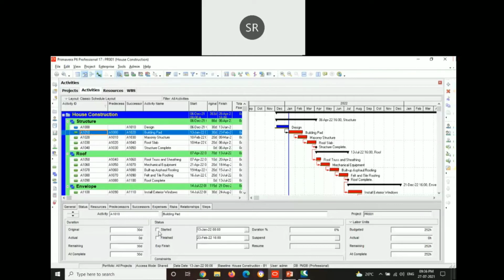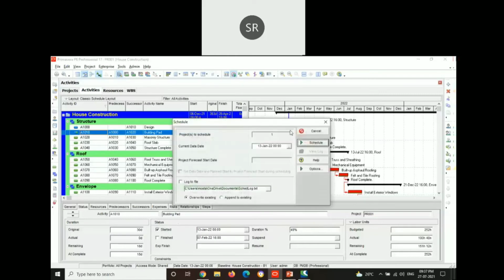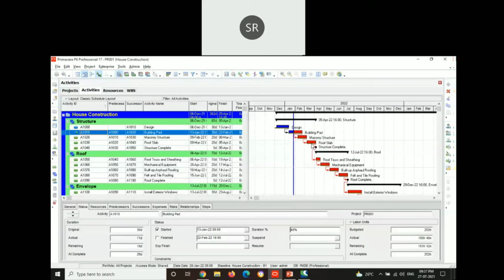Here, if we think that the activity has been started exactly on 13th January, and if we want to see the progress between 13th January and 23rd February, based on the visual appearance on seeing how far the activity has come on the field, the scheduler can estimate the amount of activity which has been completed. For example, if you want to schedule the activity for 20th January and assume an amount of 40% has been completed, we can observe the progress here.